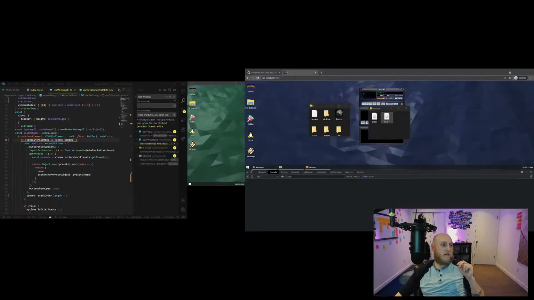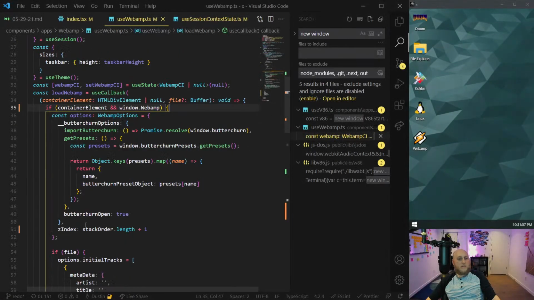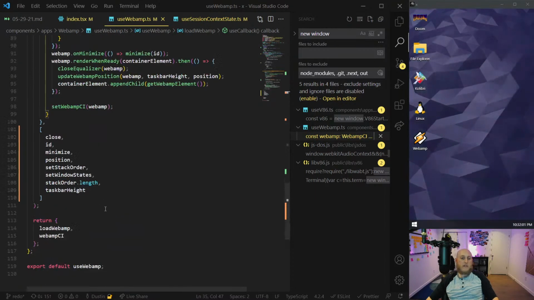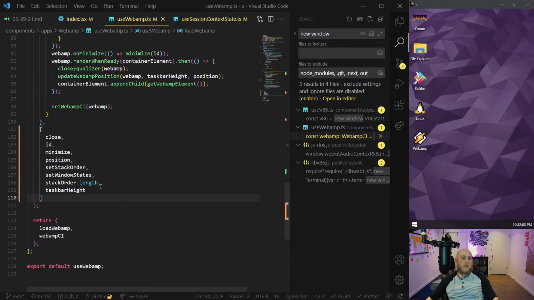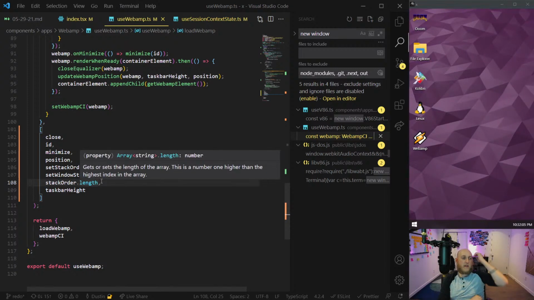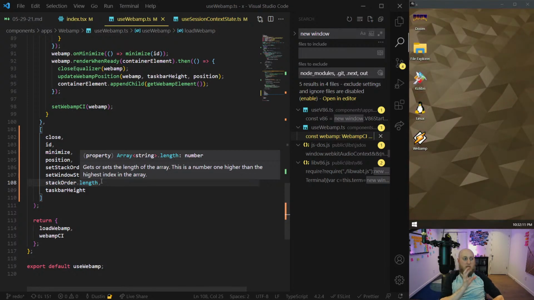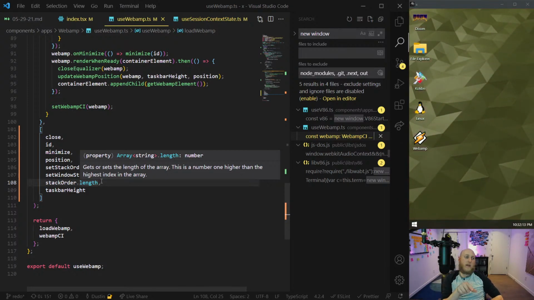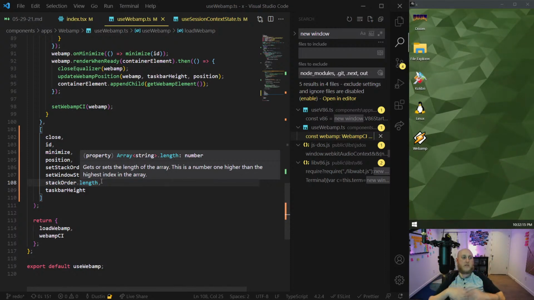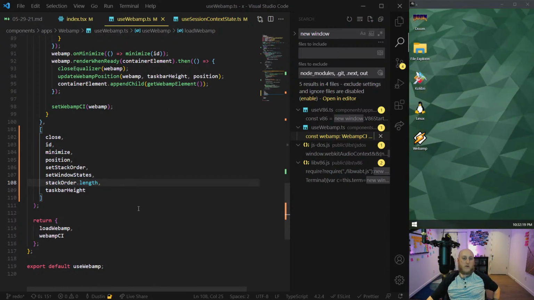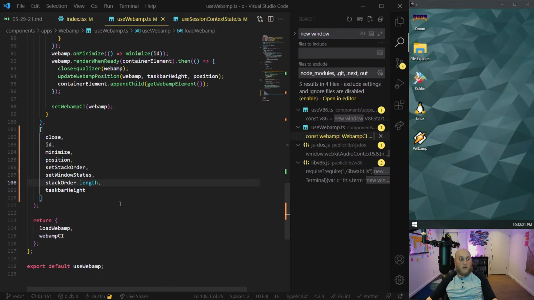Oh, okay. So the reason this wasn't happening to me before, that was happening more often, is because in my dependencies I had just stack order, whereas now I have stack order length. So the stack order would be changing every time it flipped, and that was causing it to reset right away. But now that I'm monitoring length, it only changes when it's increasing or decreasing. Like one's deleted or removed or added, sorry. But it's still buggy as hell.